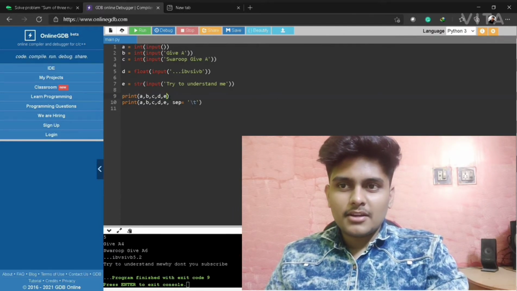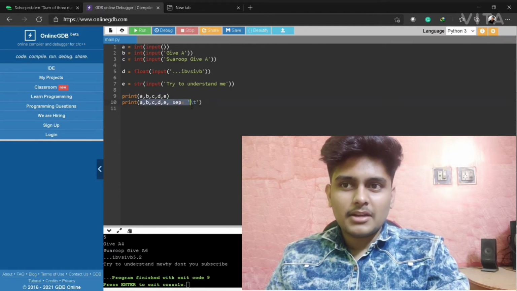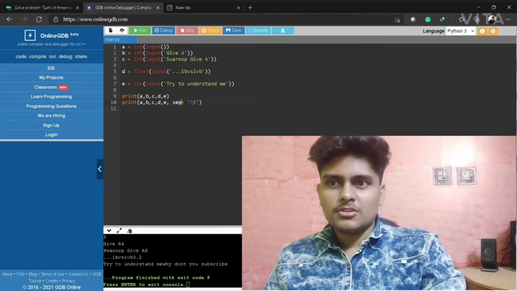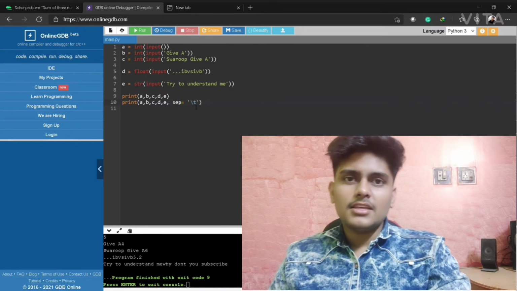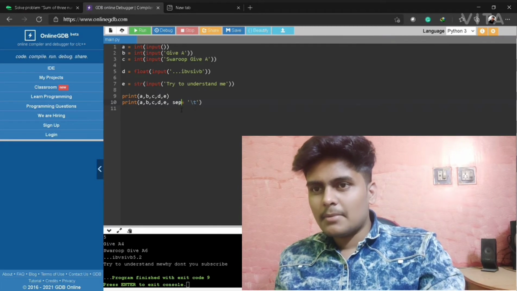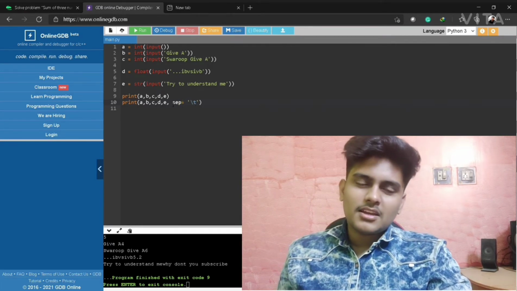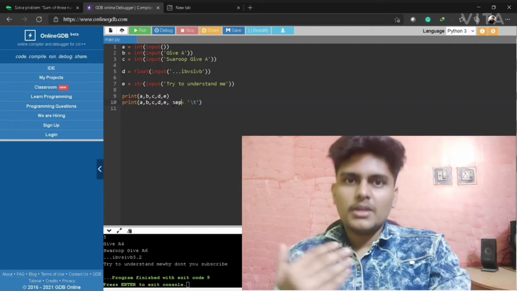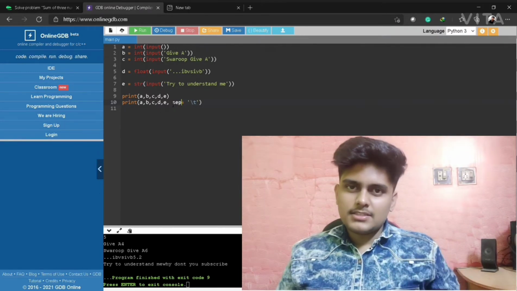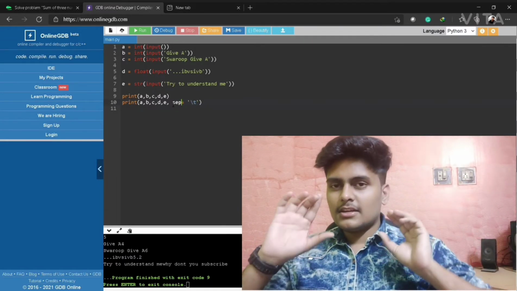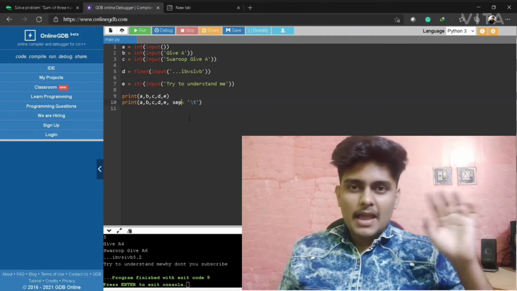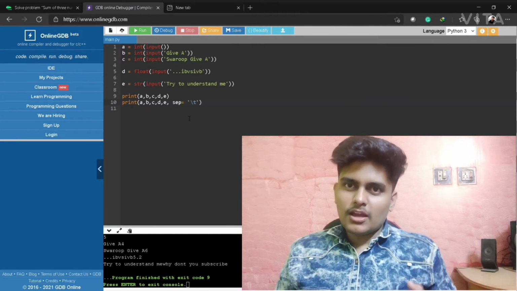I have told the compiler to print A, B, C, D, E, and it will just print them out. In the next line I have given print A, B, C, D, E and at the end sep equals backslash t. That will separate A, B, C, D, E with a tab space. Backslash t means tab space, backslash n means new line.